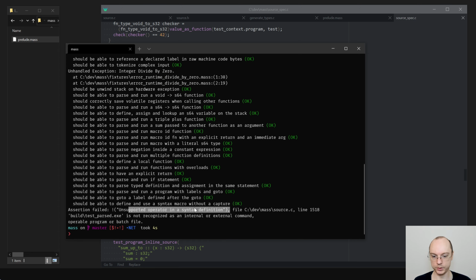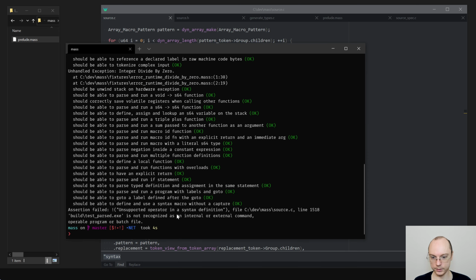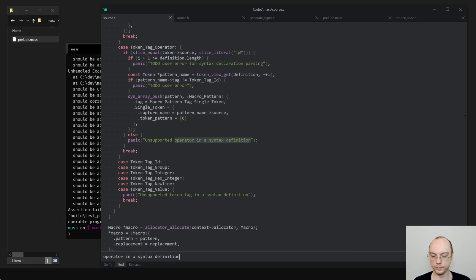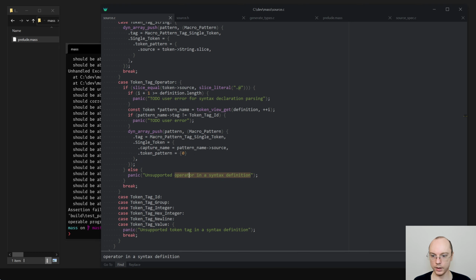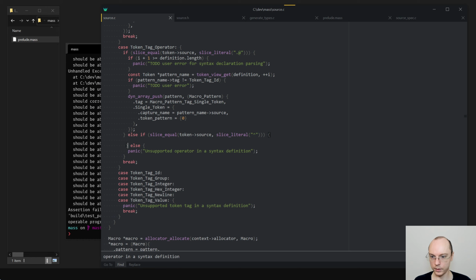And yeah, we have unsupported operator in 6 definition. This is what I expected to have. That's great. What is that operator? That operator is caret. Okay. And here we need to